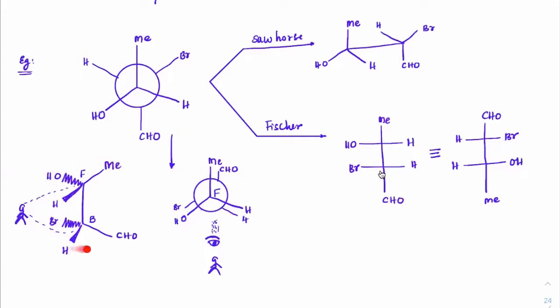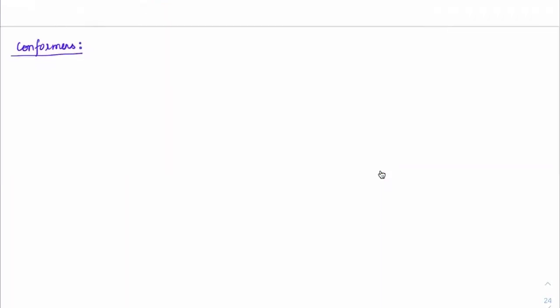Now the same image is exactly this if you observe from this end. Okay, from which end? From this end. If you're watching from here, like this, got it? Because this carbon and this carbon should come on one particular point. This is that point, and this methyl is up, H, OH and H are down. Can you see that? So the rest is all the same. Okay, give the heading as conformers. Please write about conformers, everyone.